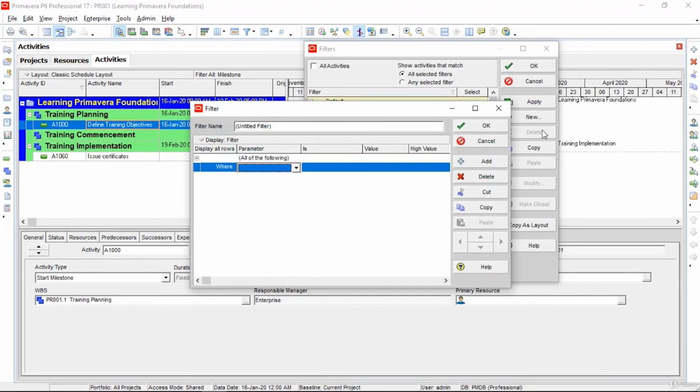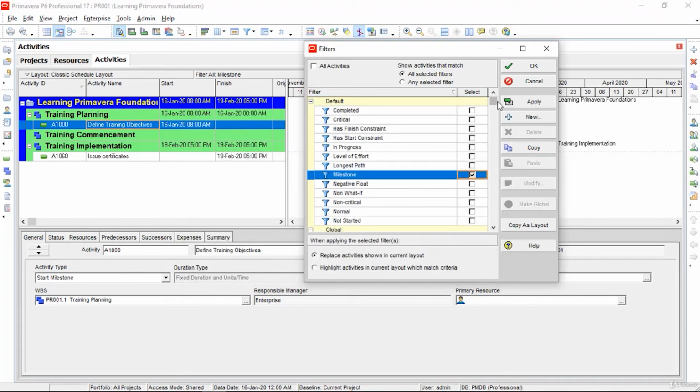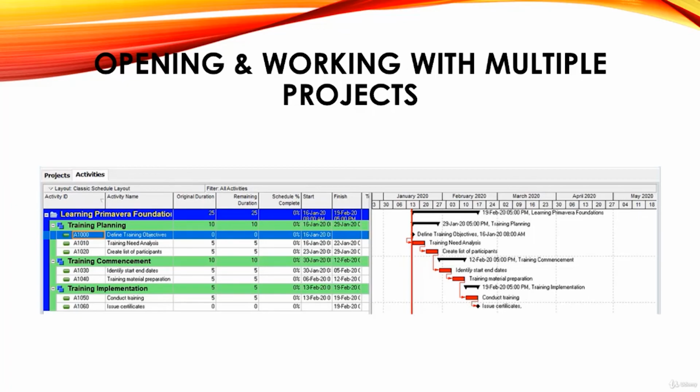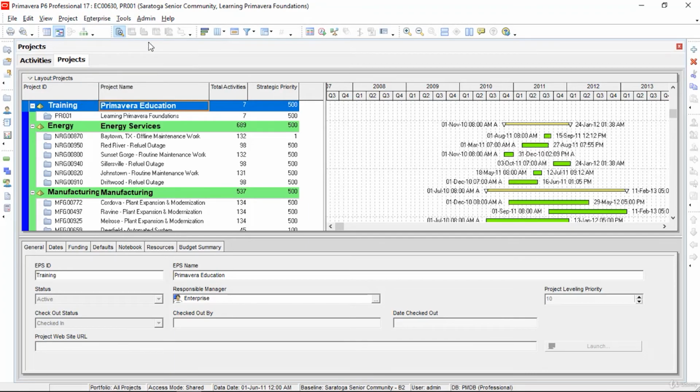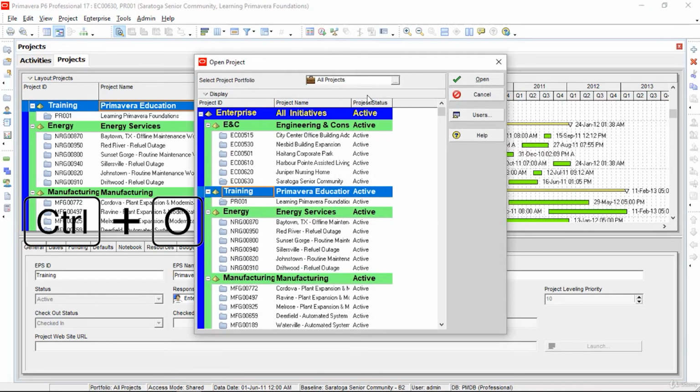In fact, we have various filter options defined already by default, such as completed and critical activities, in progress, not started activities, etc. If we need to work and open multiple projects in the Primavera, we can select Enterprise from the top and click on Projects option. Press Ctrl and O together on our keyboard. Then, in the Open Projects window,